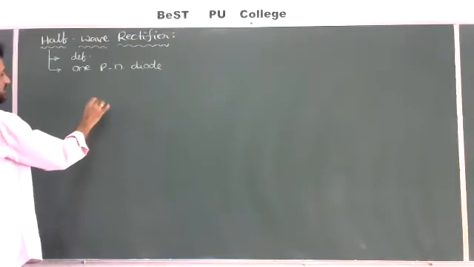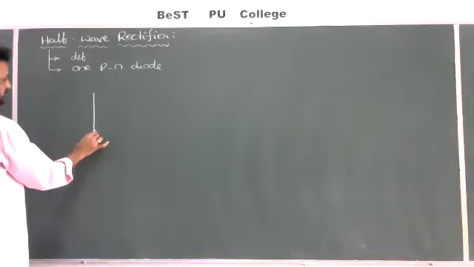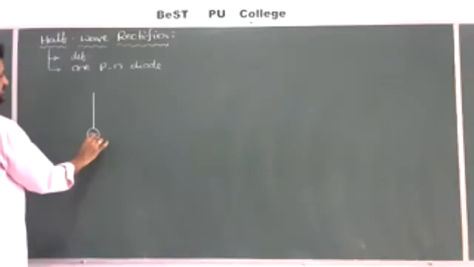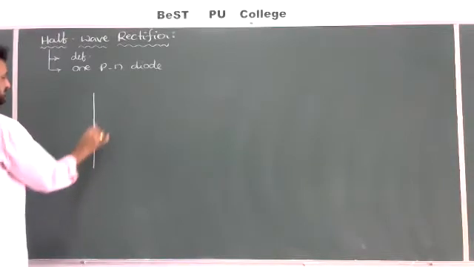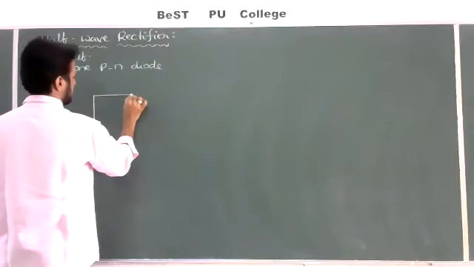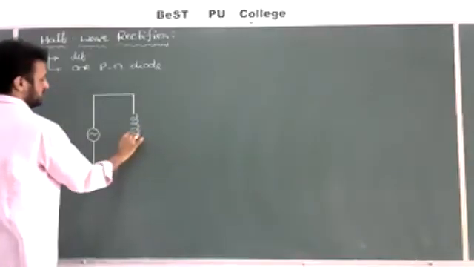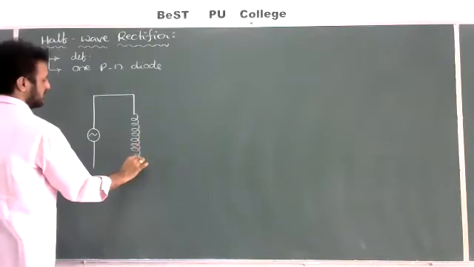But I'll draw the circuit diagram also. So here one transformer also you have to use. So I'm choosing first one AC source. It is a symbol of the AC source. Should draw like this. And here I am drawing one coil. For wire, it is bent in the form of a coil like this.